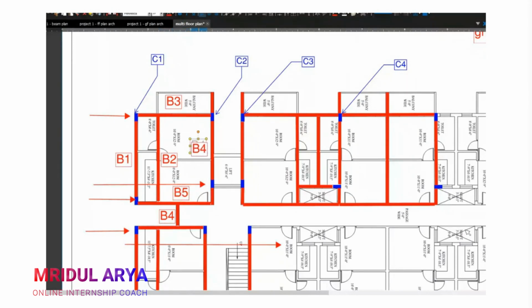That will be my B5 beam and the last beam will be B6. Okay. Now you see this beam is totally independent. So when I have to calculate my load, this independent beam can be correctly designed without dependence on other beams. When I move to the next beam, this beam is also independent.